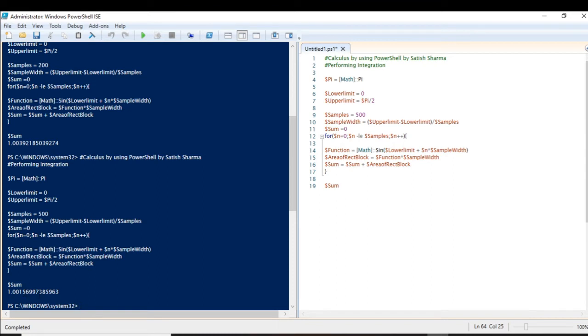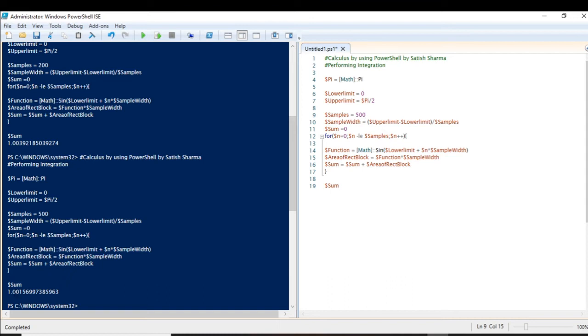Okay, so as you can see, as we are increasing the number of samples, the integration value, or the value of the sum of the areas, is approaching close to 1.